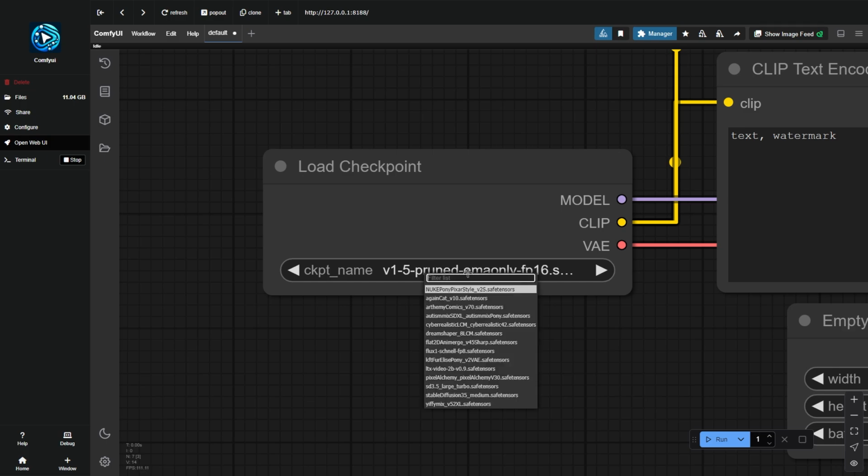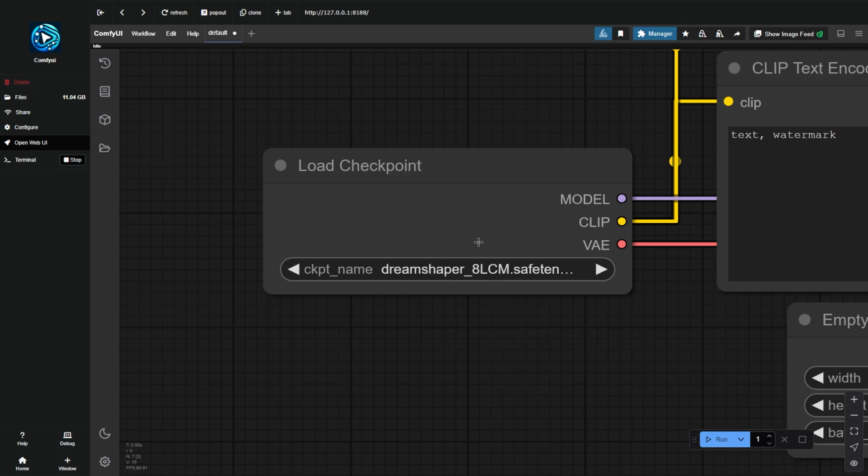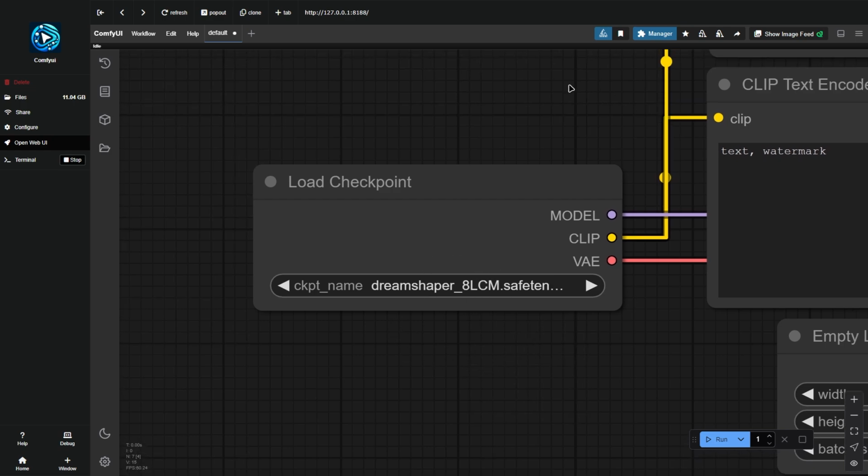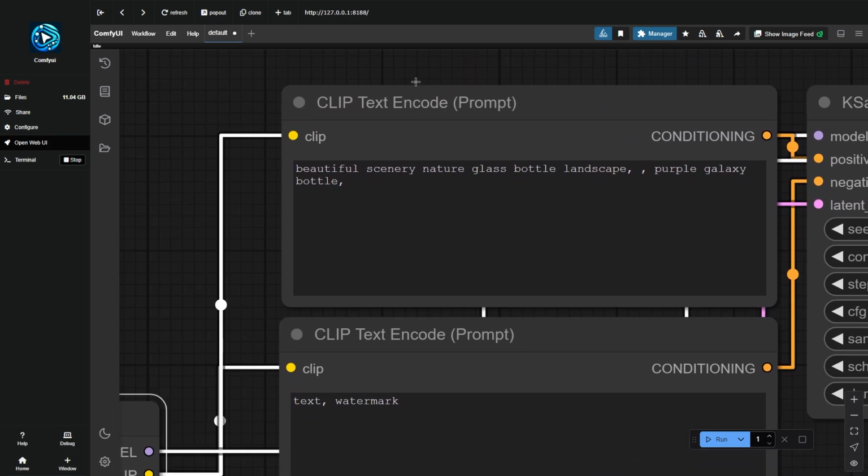One, Load Checkpoint. This is like loading the brain of your image generating machine. It's where you pick the model, the AI that knows how to create images. Think of it as choosing the artist who will paint your picture. Second,